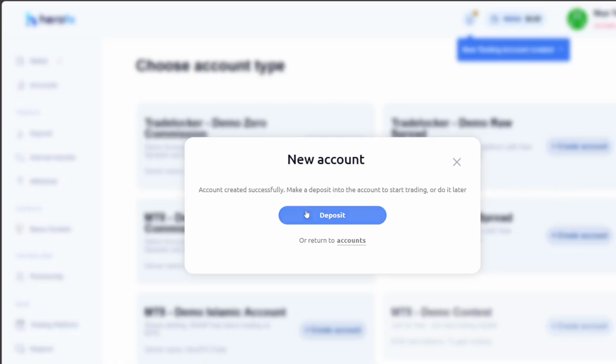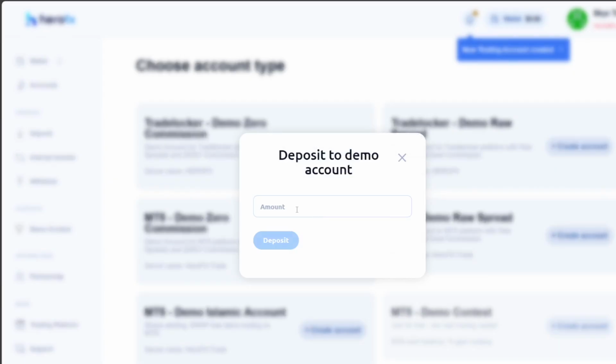And this can scare some people because it says deposit, right? The thing about this is that it's not real money, okay? It is fake money. You just click deposit and you put in the amount. You can either choose to start with, say, $1,000, which is maybe what you do with a live account. You can start with $100,000. You can start with what a funded account would be, like 50K. It's really up to you, but you can always go back and add more. So say if we start with $20,000 now and press deposit,